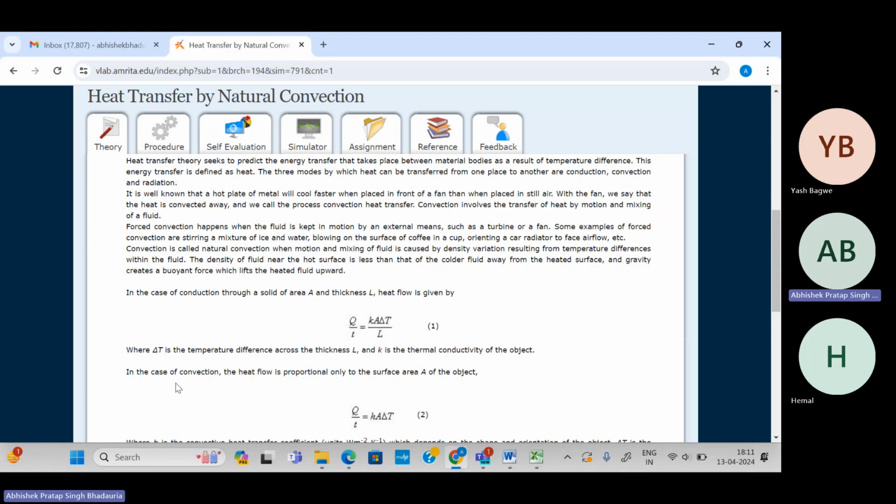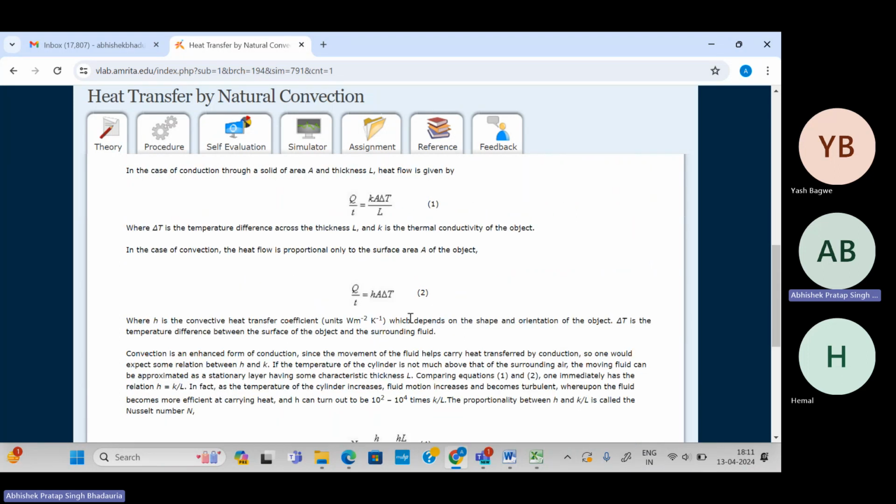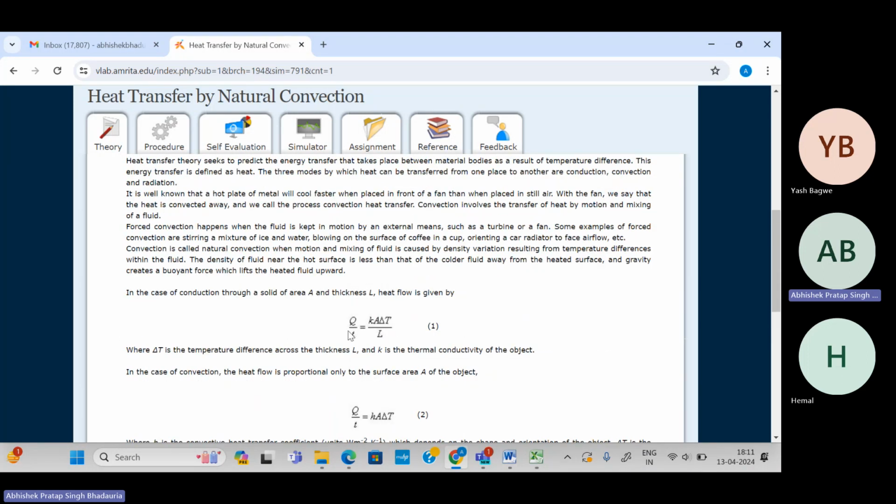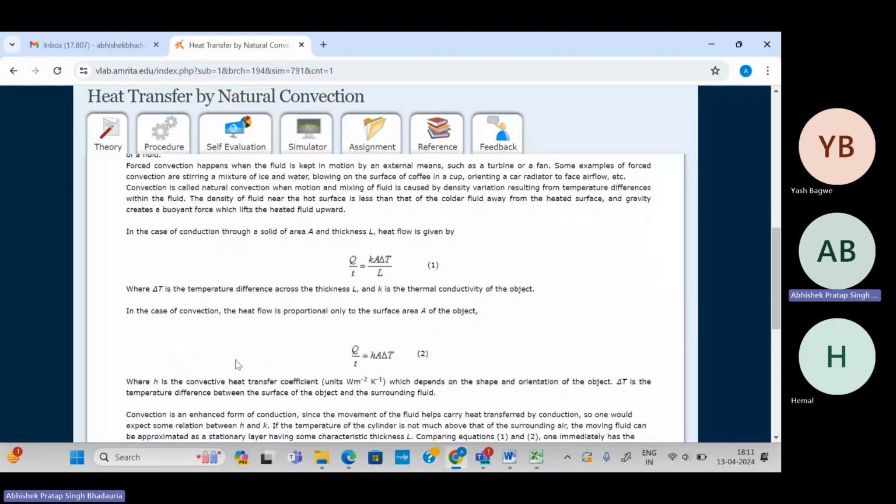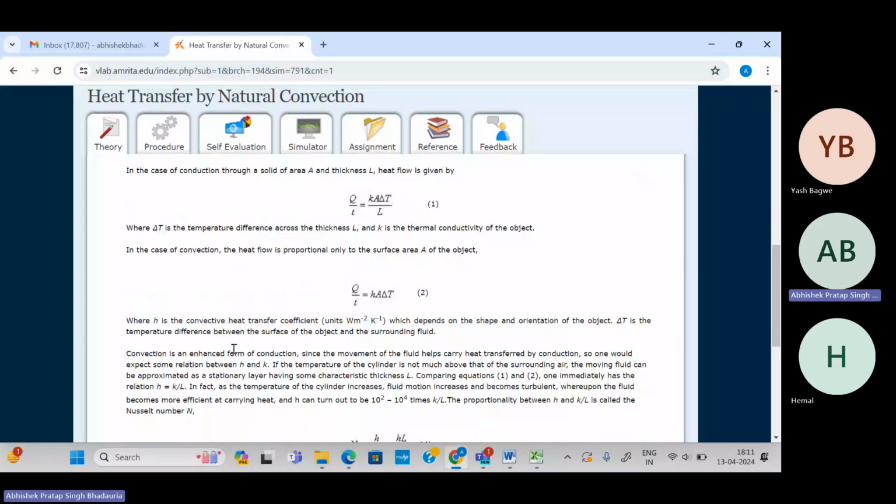But here our case is different. We are making the analysis for the steady state, so ignore this T. Here the experiment is based on convective heat transfer coefficient, so this expression is applicable for us. If the heat transfer takes place with convection, we apply Newton's law of cooling. According to Newton's law of cooling, Q is equal to hA delta T, where h is the convective heat